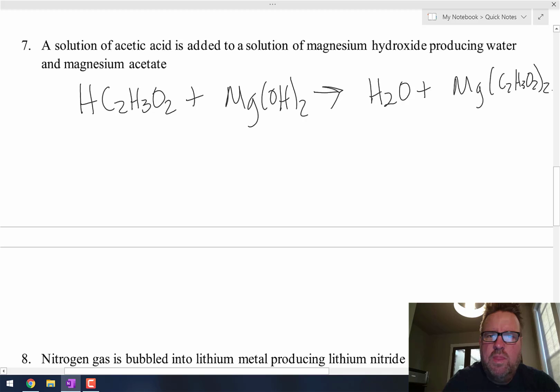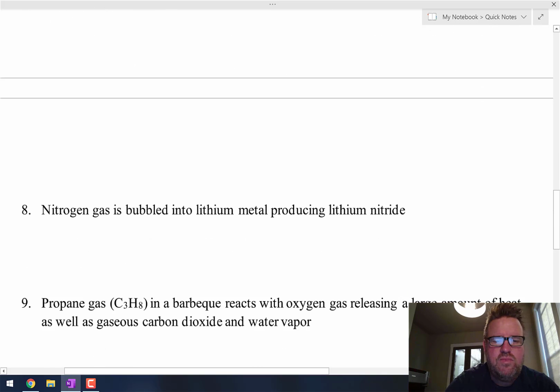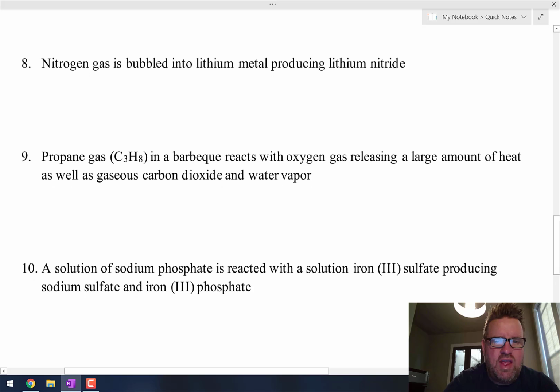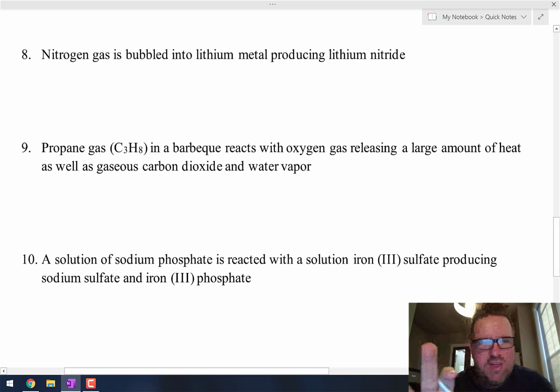Okay? And so now, let's see, we've got 2 acetates here, so we need a 2 right here. That makes 4 hydrogens all total, so we need a 2 right there, and that equation is now balanced. Okay, for these last 3, if you haven't done it yet, after I write out the equation, go ahead and pause it and make sure you can balance these